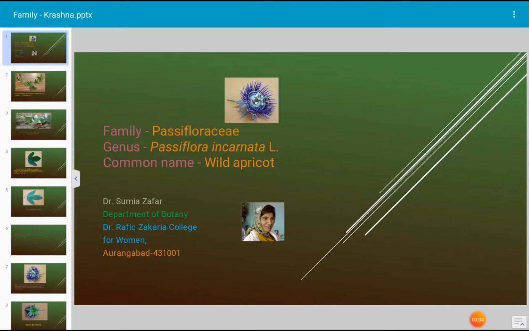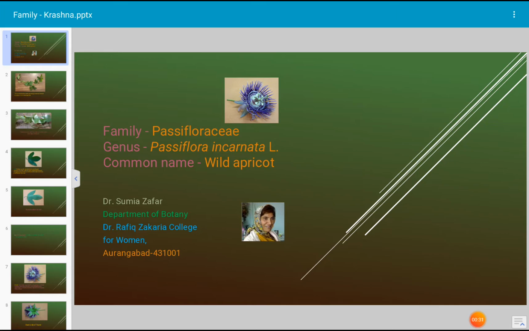Today's topic for discussion is a description of a specific plant, that is Passiflora incarnata. This plant is commonly called wild apricot and the family of this plant is Passifloraceae. Passiflora incarnata, commonly called the wild apricot plant, is a medicinal plant which is